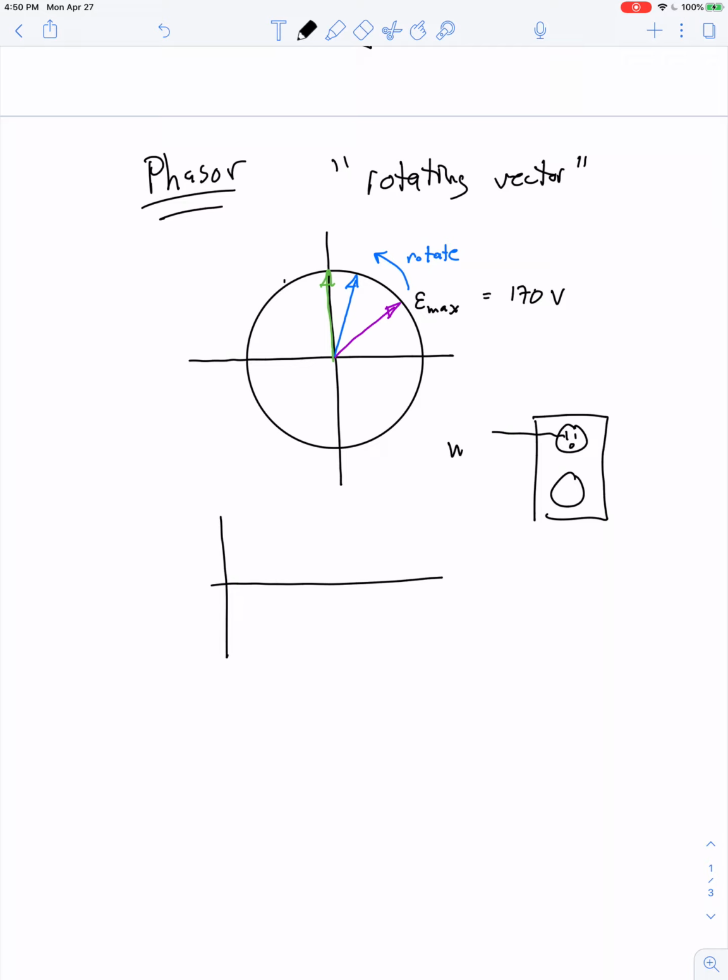So there's our neutral, there's the ground, and there's the hot. If we make a graph of the instantaneous voltage versus time from the hot wire, then